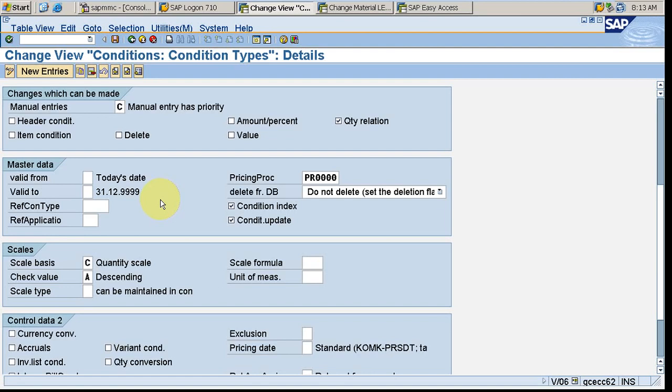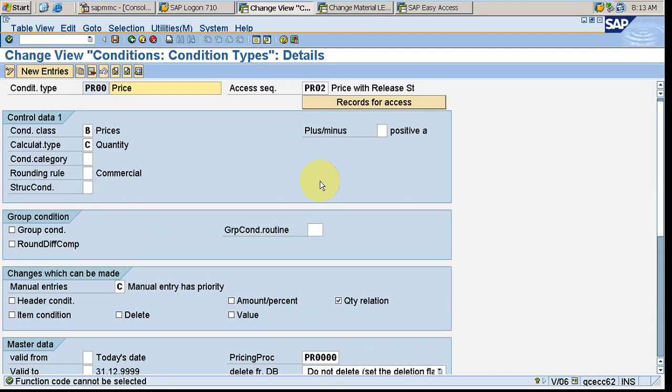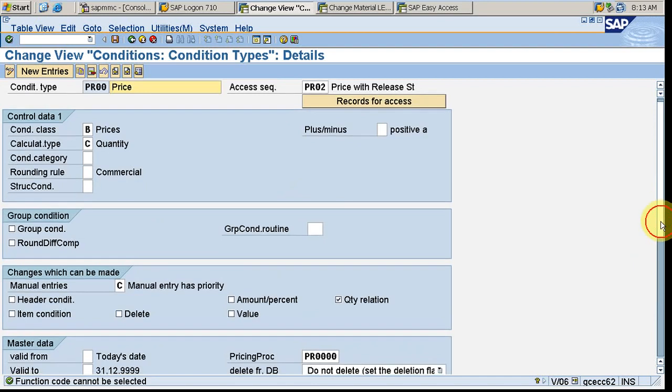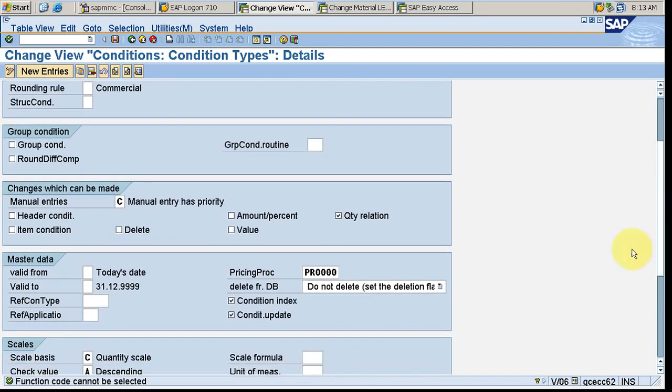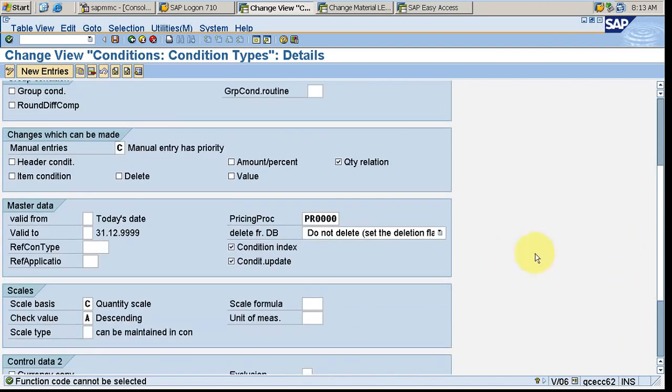Okay, this is validity, and next is pricing procedure. We will be using this pricing procedure for only one concept, that is condition supplement. Condition supplement is adding one condition record to another condition record, and when the main condition record, suppose